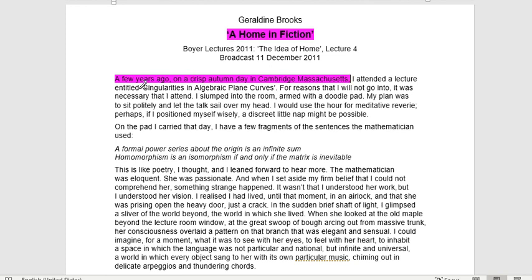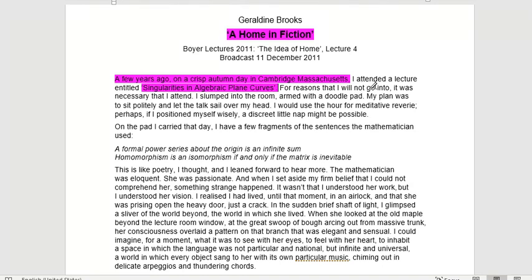And then she weirdly gives us this lecture that she went to titled Singularities in Algebraic Plane Curves. Now, this is contrast, and it's hilariously fitting, I suppose, and subversive that a novelist is at a mathematics convention. So Brooks is attempting to connect to those listeners who may not be lovers of literature, but she's also making that subversive idea, that contrasting idea between maths and English, and how most people assume that they're not connected. But here she's trying to do that.